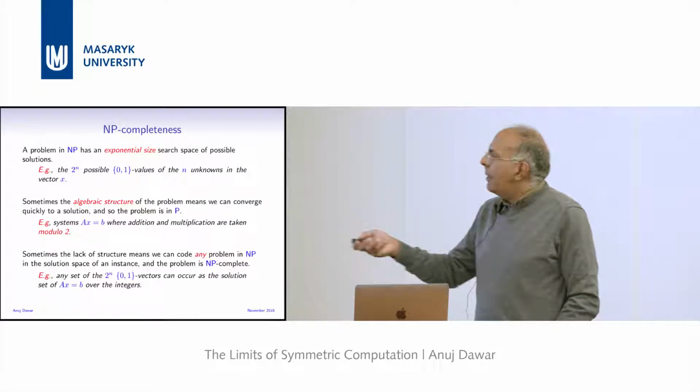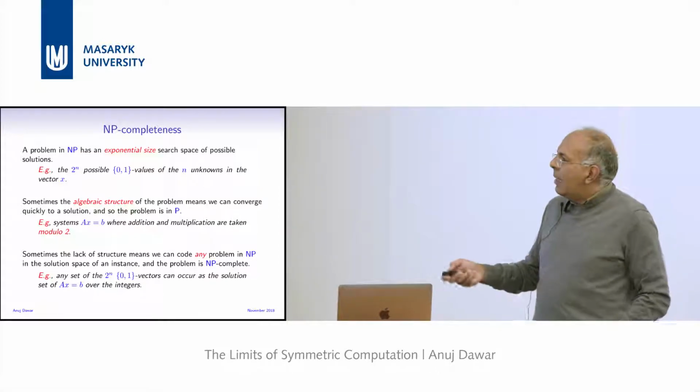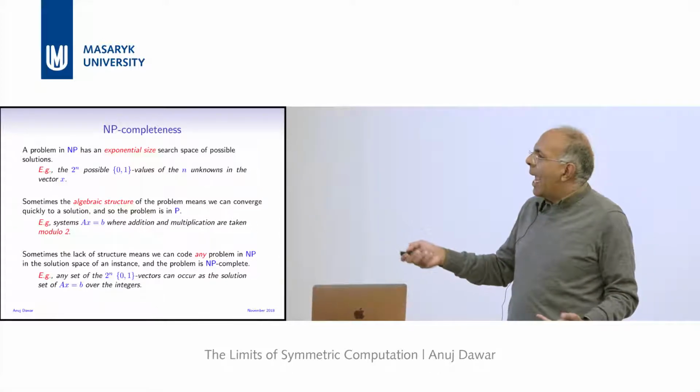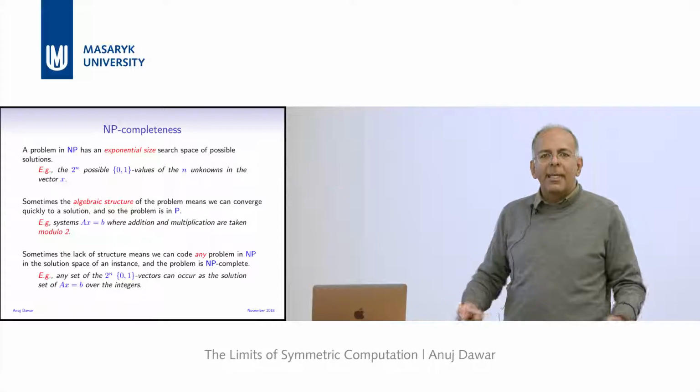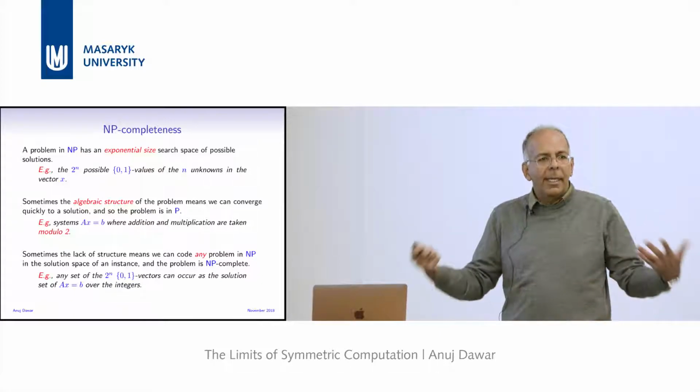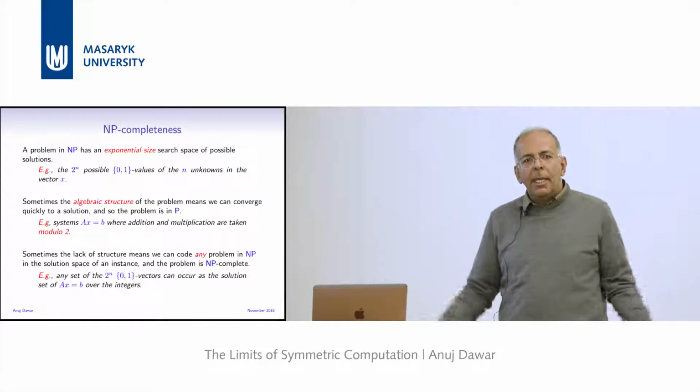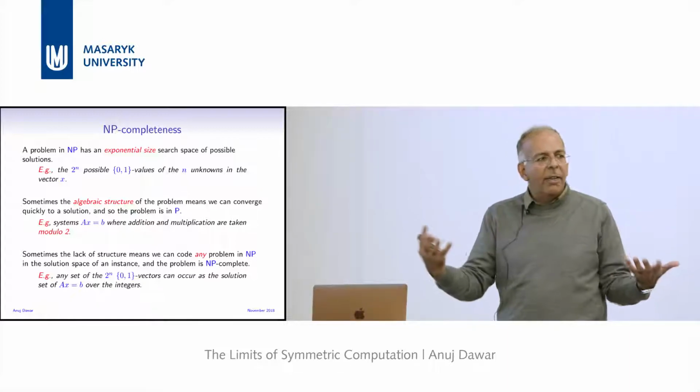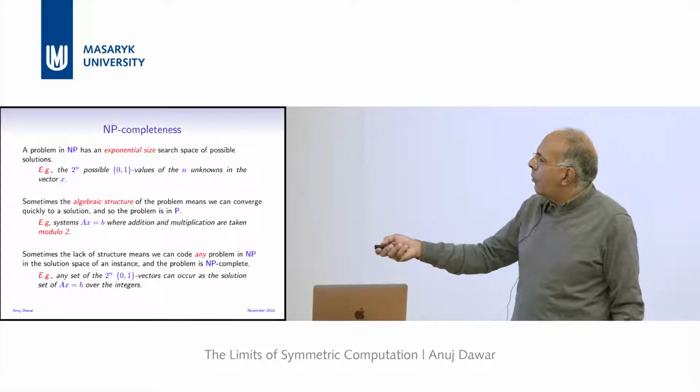But if we lack the algebraic structure, then the solutions to the problem can code any problem in NP in the search space, and that's when we get NP completeness. Basically, the lack of structure means the solution spaces can be very different, and you can code any problem. So for instance,